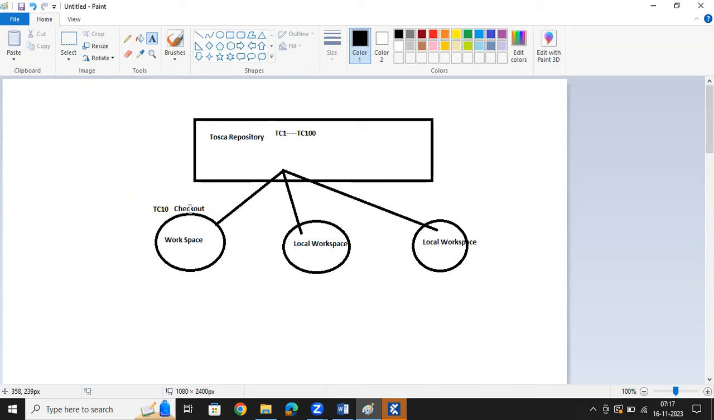Now, whenever you are trying to modify any kind of object within Tosca, we need to get a lock so that other people who are trying to modify the same object will not be allowed. So if user one is checking out a particular test case and user two is also trying to get lock access, Tosca will not allow it. It will throw an error saying that this particular object is currently locked by so and so user. That is the reason, in order to restrict the same objects from being updated by multiple users,